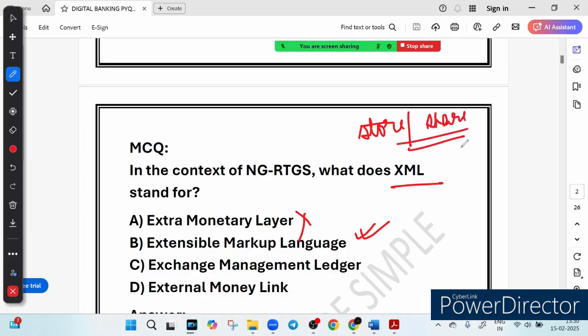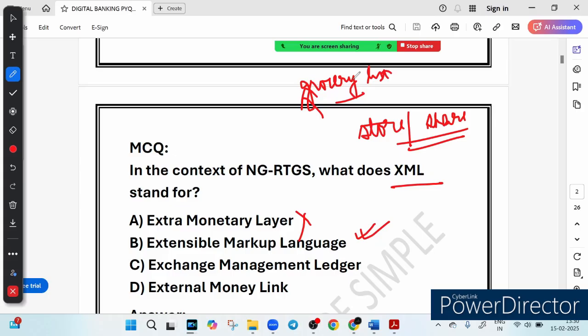So it helps different systems communicate with each other, especially in banking and financial transactions. You can think of XML as a structured way to store information, like a well organized grocery list. Instead of writing everything in random order, XML categorizes data properly so that a computer can easily read and process it.